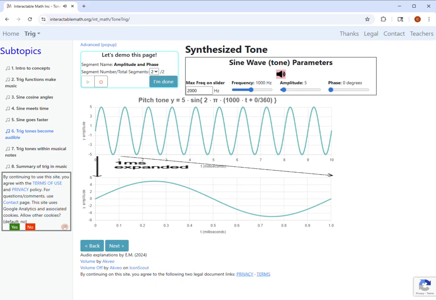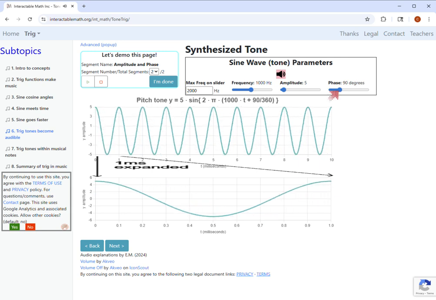Notice the curve is of a sine wave, but what about cosine? As you remember, cosine is the same as sine, but shifted by 90 degrees. I will change the phase to 90 degrees and note that the equation is sine of 2 pi times frequency times time plus pi over 2, which if you simplify is just cosine of 2 pi times frequency times time. You can hear that changing the phase did not change the sound.